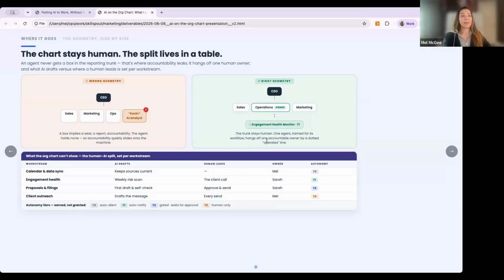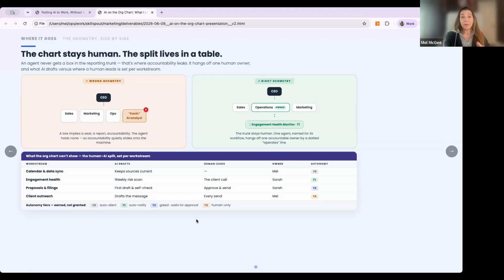Here's the whole thing in one frame. On the left, that's the mistake. The agent is a box in the chart where accountability leaks. On the right is the fix. It's the chart that stays human, and the agent hands off to one accountable owner by a dotted line. In the table underneath is what the org chart can't show.